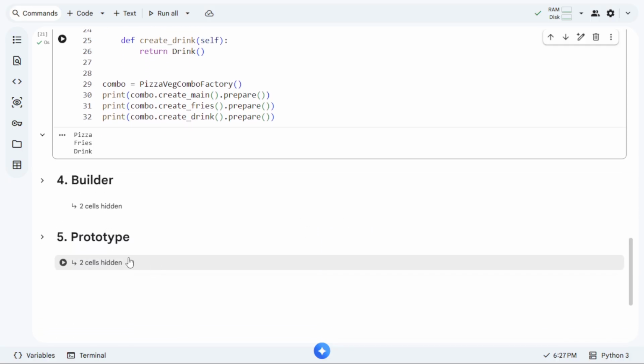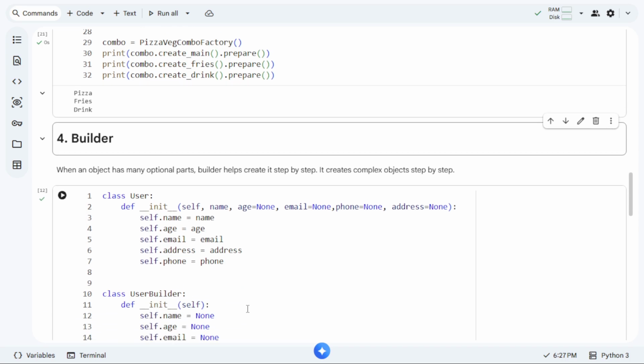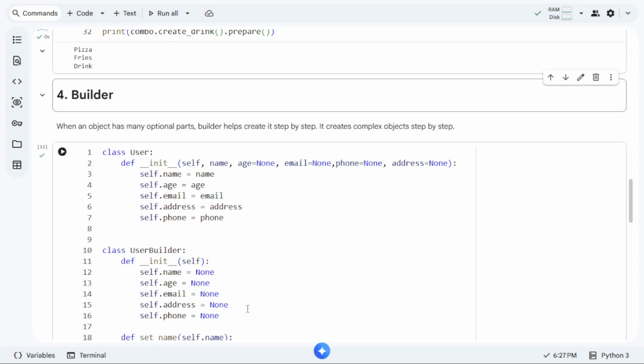Let's move to the next one, which is builder design pattern. This design pattern is very important because it's used in case you wanted to create an object and the object has many optional parts. For example, you wanted to create a user profile and you know that a user has many properties like name, email address, phone number, or many other things. In that case, you wanted to choose what you wanted to expose for the user, whether only phone number or email address. Then you choose this builder design pattern, which allows you to selectively choose the optional parts of the user